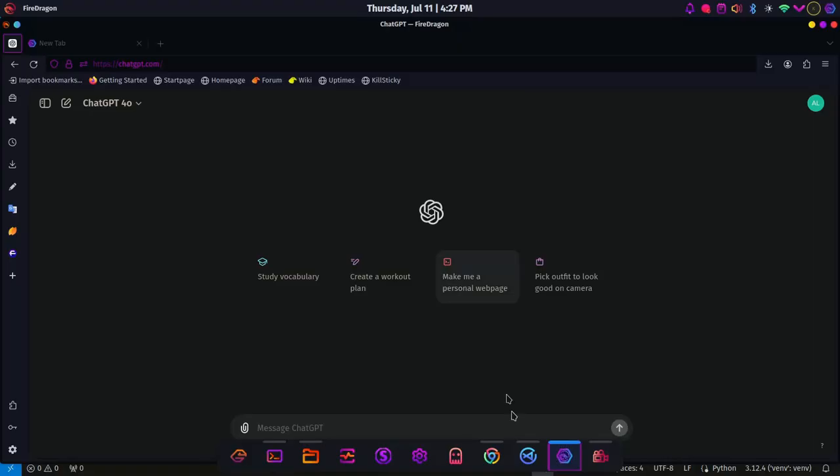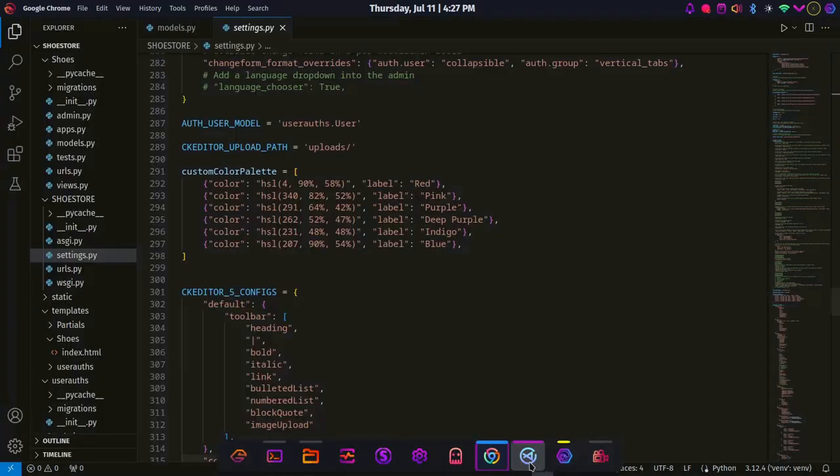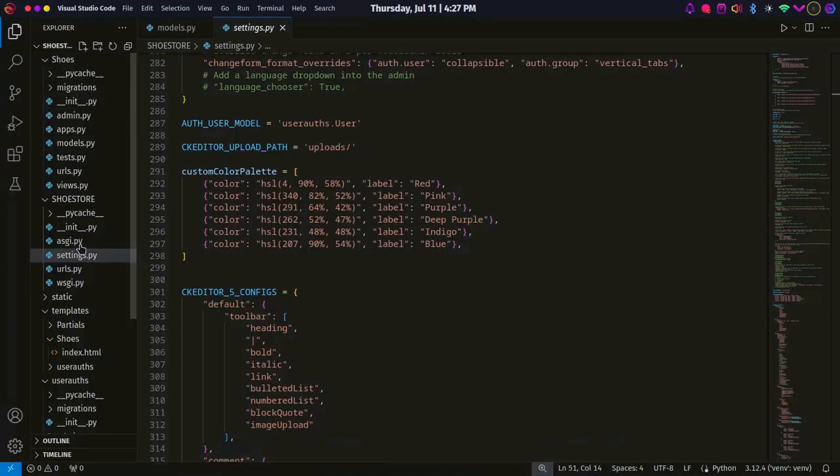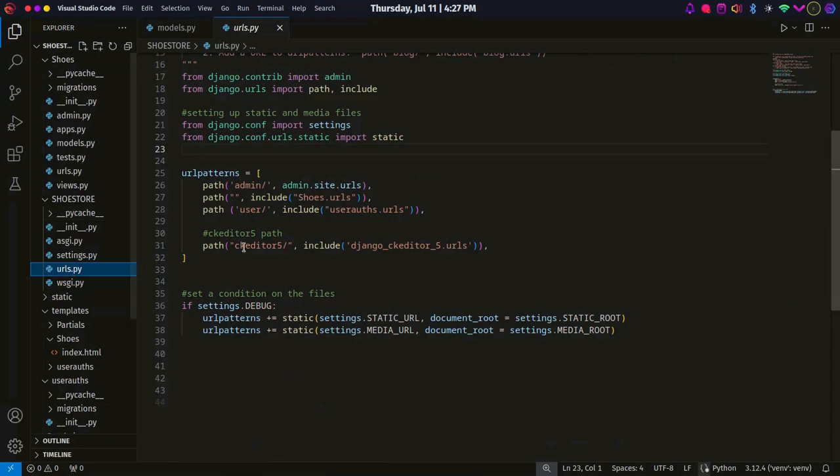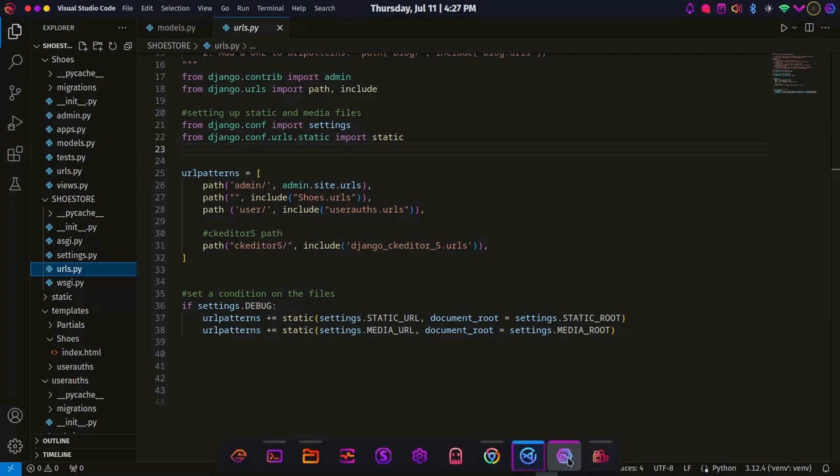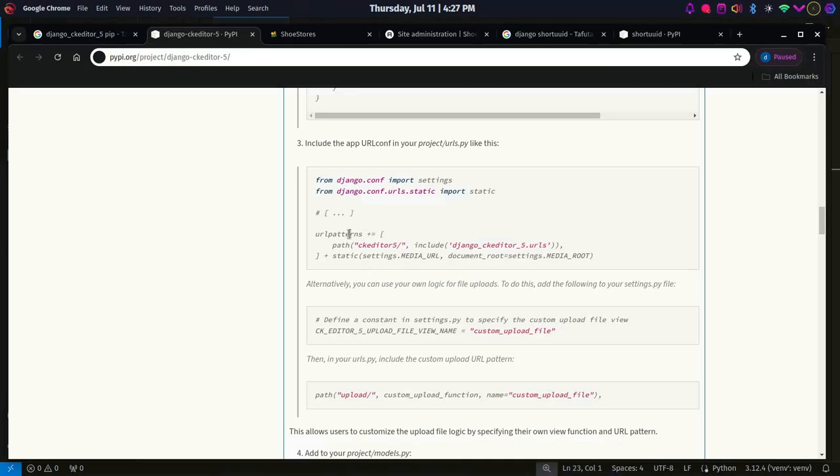This URL, add this SKEditor 5 path to your URL, like described here. And also, if you haven't defined the static settings, media, and document root setting, make sure you add it. But we had already defined this. Yeah, when we set this condition, if settings.debug,